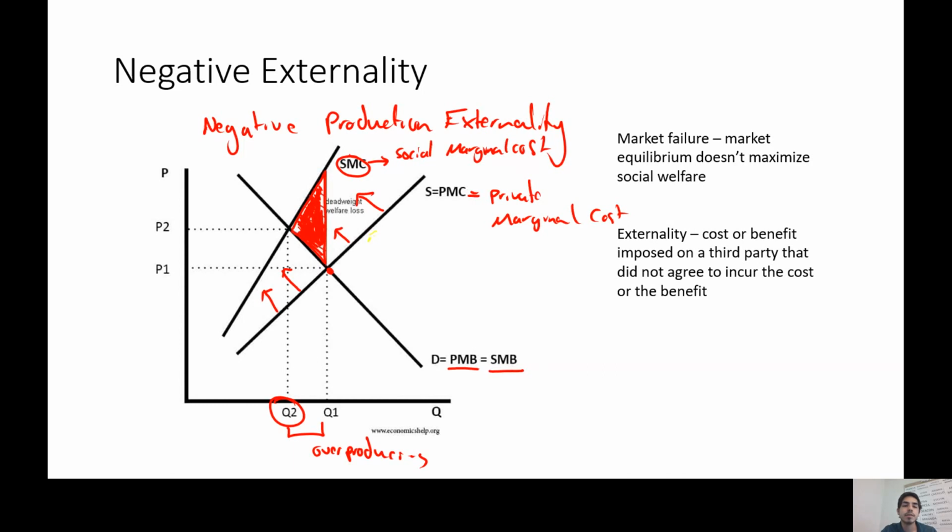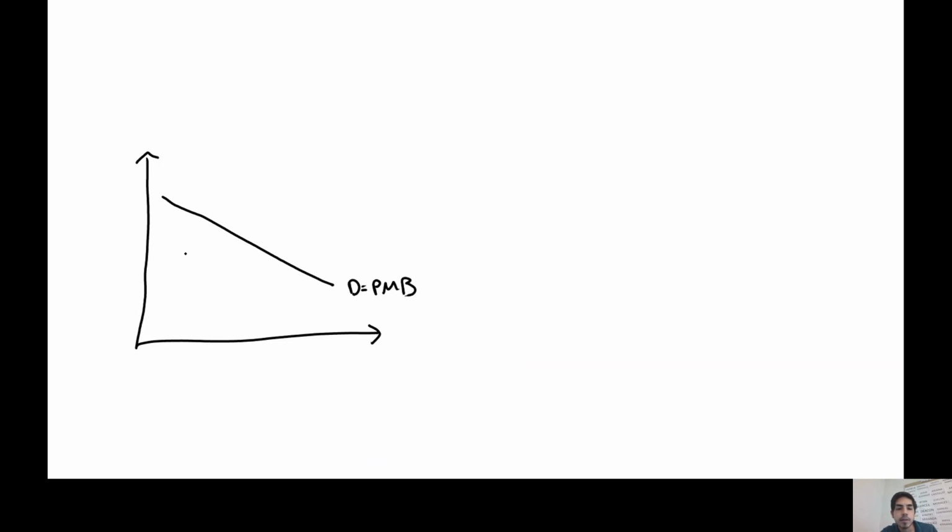Externalities, which we said can tell rather sophisticated stories. And now I want to also show that externalities can be drawn many different ways. We can think of the burning of fossil fuels and greenhouse gases as a consumption externality as well, as a negative consumption externality. And so I just want to show you this really quickly. So demand equals private marginal benefit. And then the social marginal benefit curve would be further to the left. And then our supply curve would equal private marginal cost and social marginal cost.